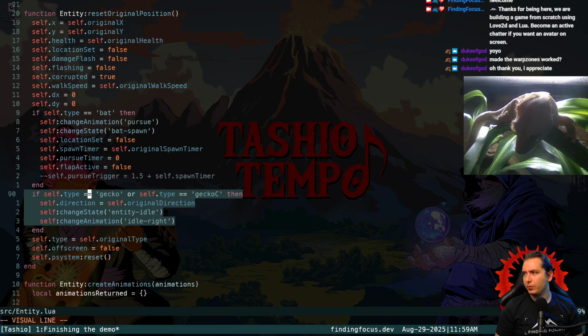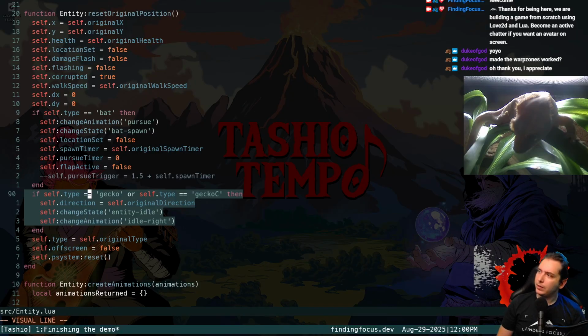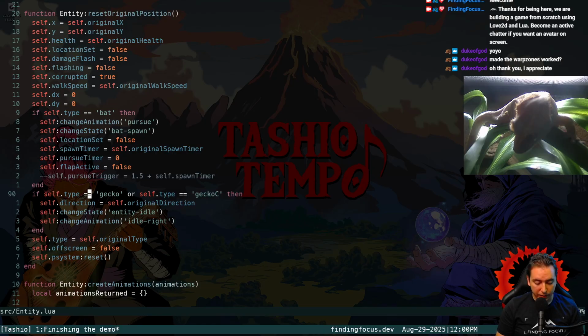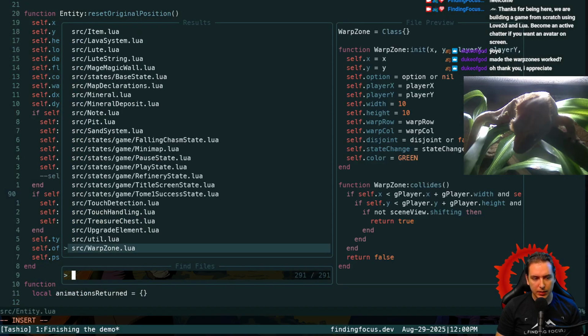It should probably be... Why is my camera freaking out like that? I think it should be one gecko entity with different animations of the purple, because the purple gecko right now, if you look at the entity defs